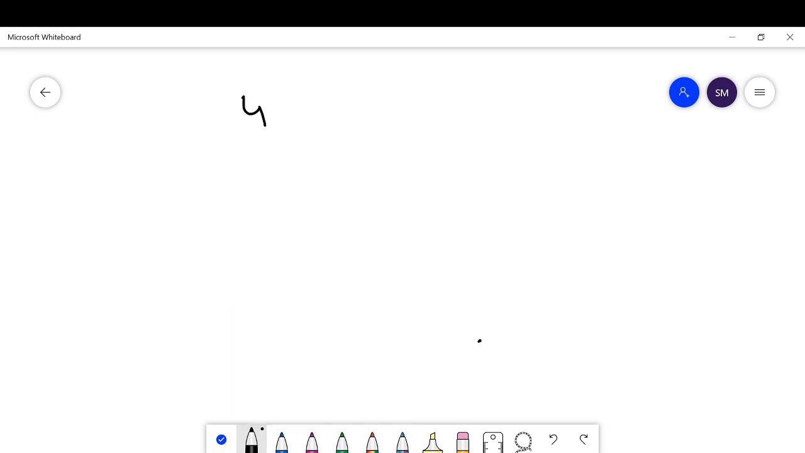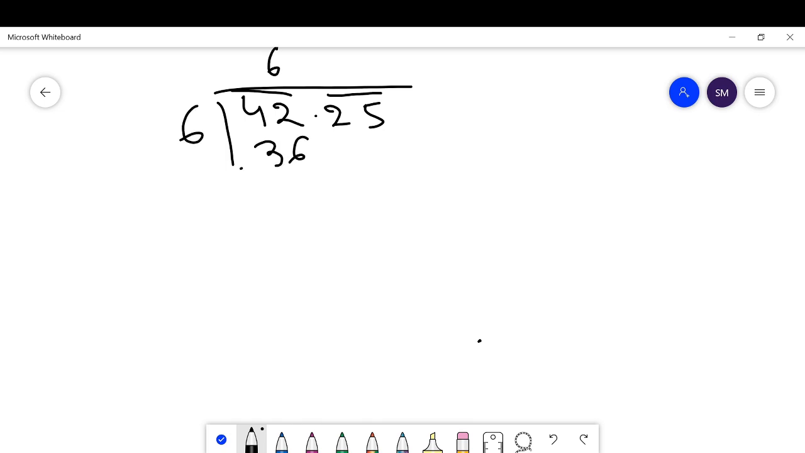Suppose 42.25. I have told you before that at first we make pairs of the digits. Before the decimal, make pairs from right to left, and after the decimal, make pairs from left to right. Then 42: 5 5s are 25, 6 6s are 36, 7 7s are 49. No, we have to put 6, 6 6s are 36. Then 6, then